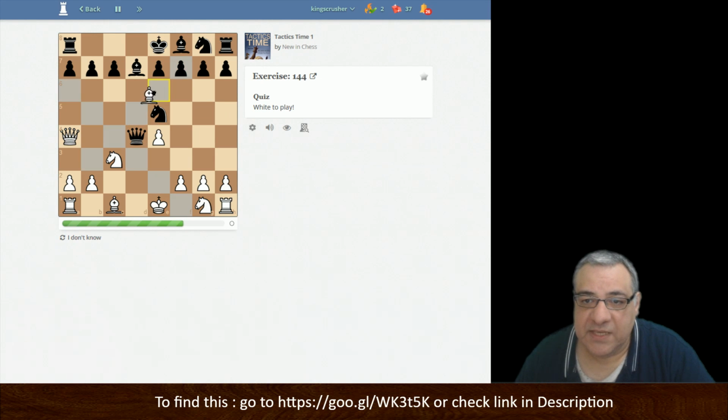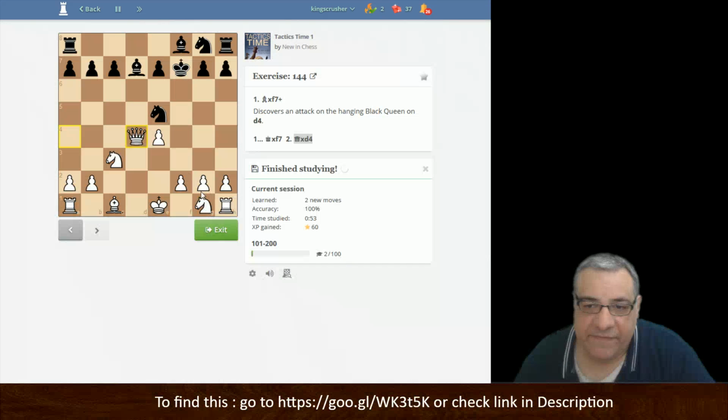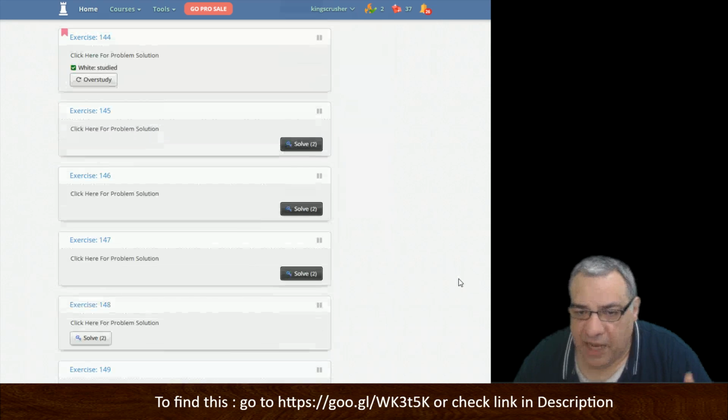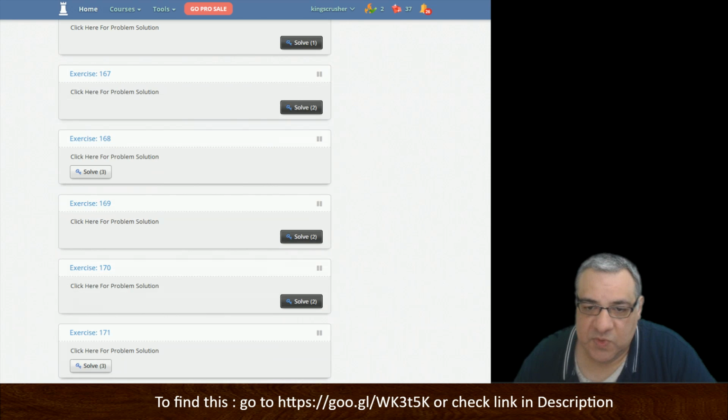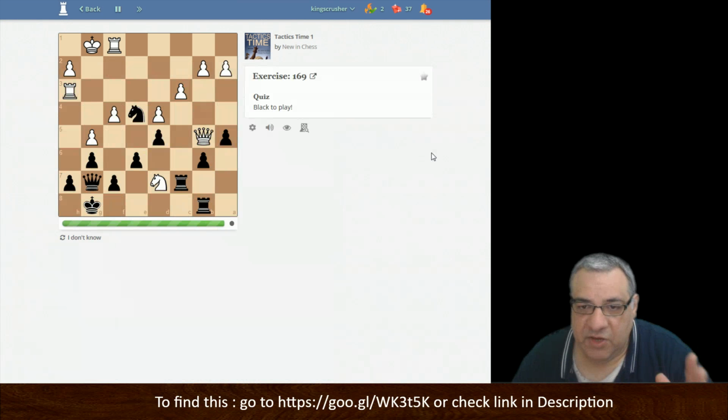But here, bishop takes f7 would seem to me to hit the black queen. So unless there was something like knight f3, which is not possible here, then this is really good news. Okay, so let's go back. So yeah, I think for me that's the two key things when you're solving puzzles, the ideal resources you would want, and the